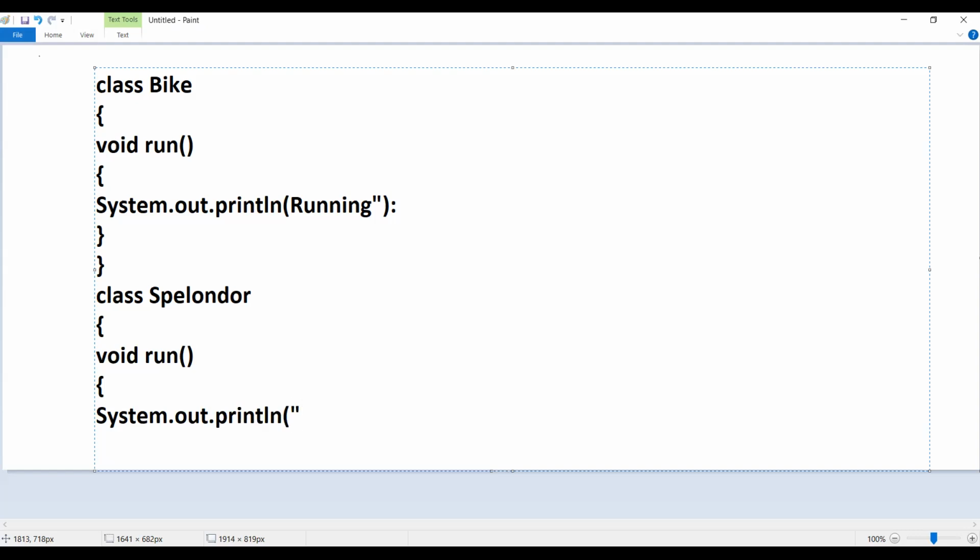Splendor is a derived form of the bike. Every bike has its own mileage, so Splendor runs with a speed of 60 km/h. This can be termed the derived class.